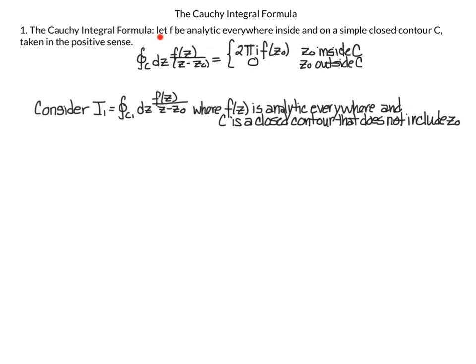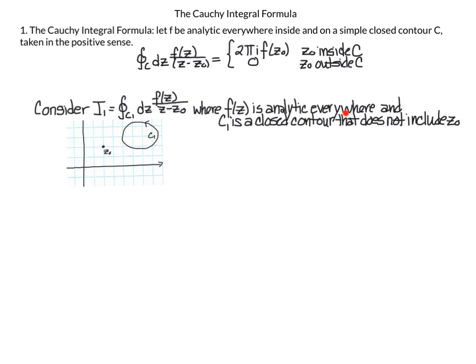And we want to derive this formula here for the integral over c of f of z over z minus z naught. So that's this integral here we're trying to derive the formula for, where f of z is analytic everywhere, and c is a closed contour that does not include z naught. And I'm going to include my picture here. So C1 is a closed contour, and I should put C1 over here. C1 is a closed contour,